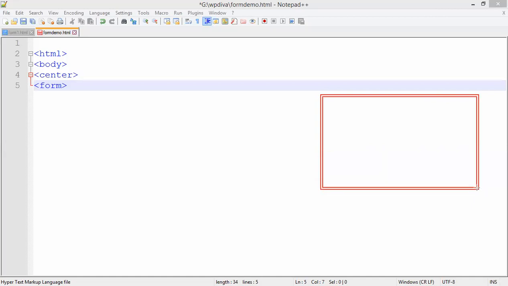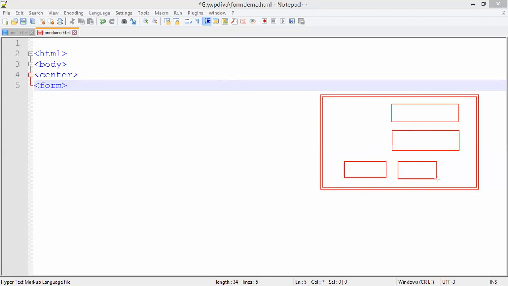So initially we will take it simple. Here, first I want a username, second I want a password, and then I want two buttons. One is a submit button and another is a reset button. So this is a simple design of my today's form. So I want to add a label here, that is name. Then I want a second label, for example username or USN. Shall we take USN? Okay, so USN, right?